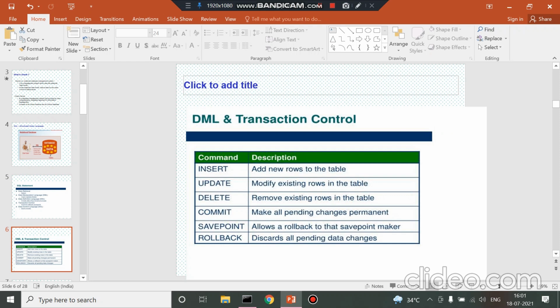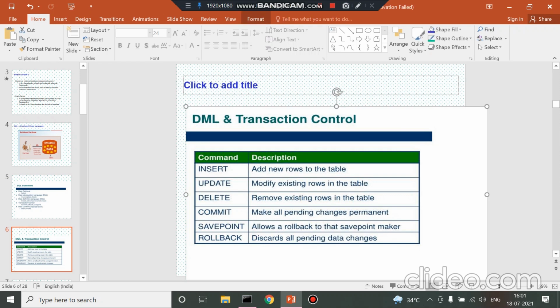The next one is the commit statement. Commit statement is when we have some uncommitted data, then we use this statement to write them in the data files, commit them and write them in the data files. Data files you will come to know further in further lectures.